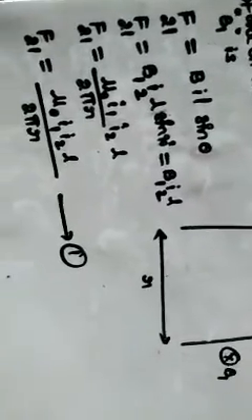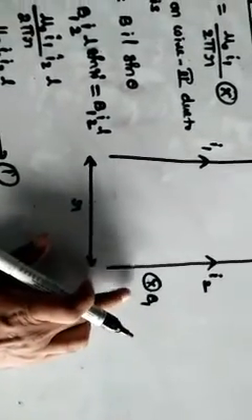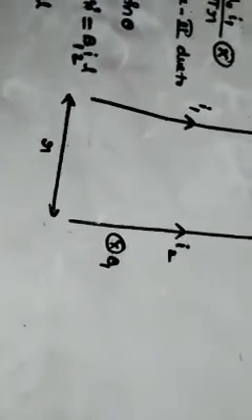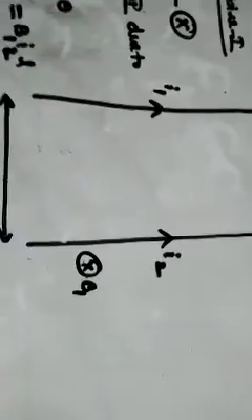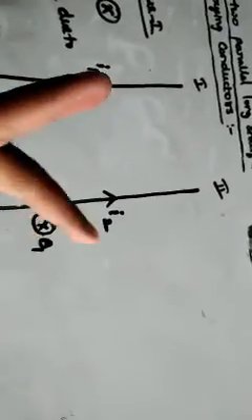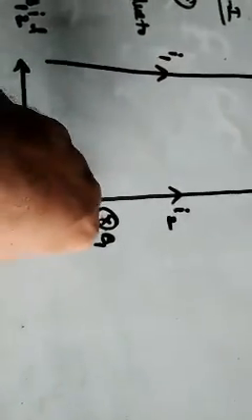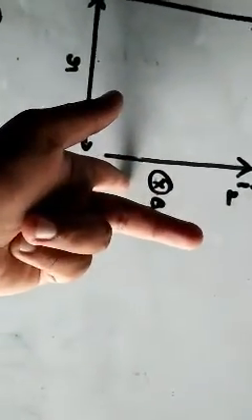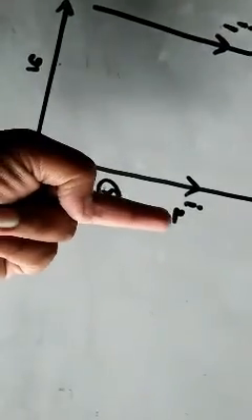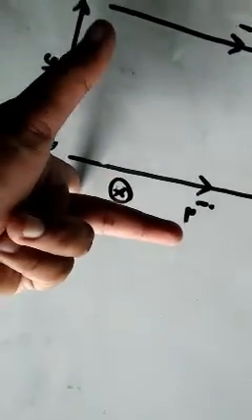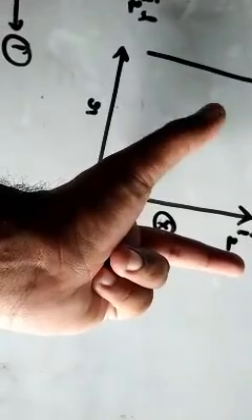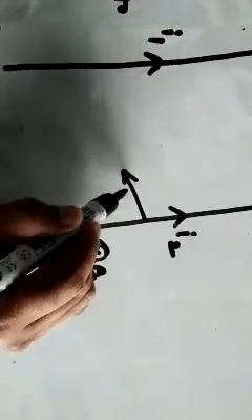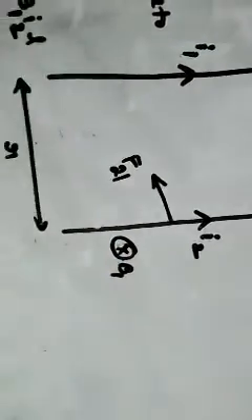So finally this force is acting on the second wire. Can you tell me the direction of force on the second wire? What is the direction of F21? Apply Fleming's left hand rule again. B1 is into the plane of paper, and the middle finger must be in the direction of current I2. Automatically the thumb is showing left hand side. That means on this side you have to write F21.